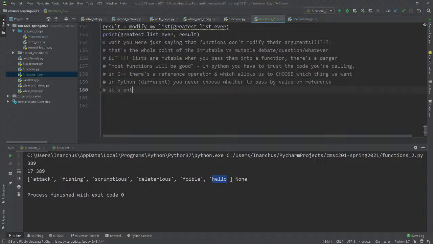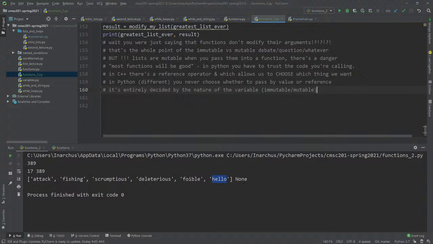It's entirely decided by the nature of the variable, basically whether it's an immutable variable or a mutable variable. There's no special marking that you can put on a variable.